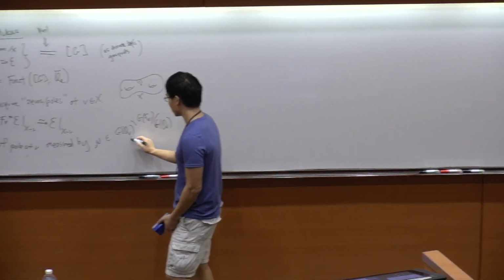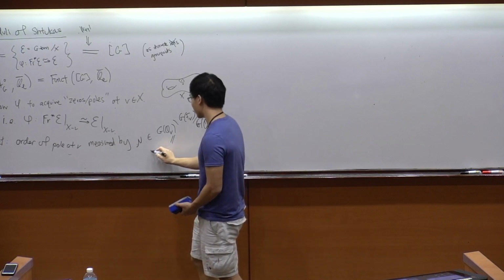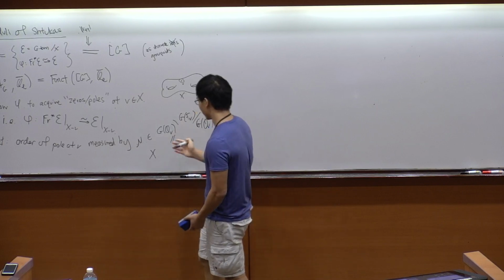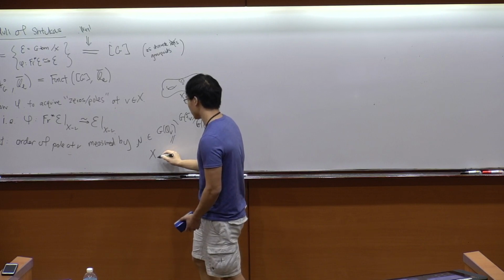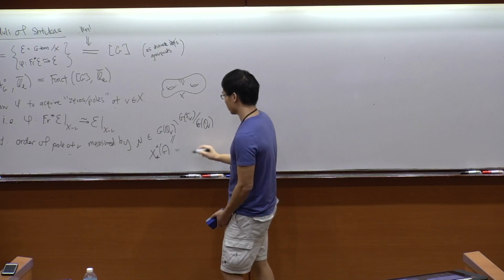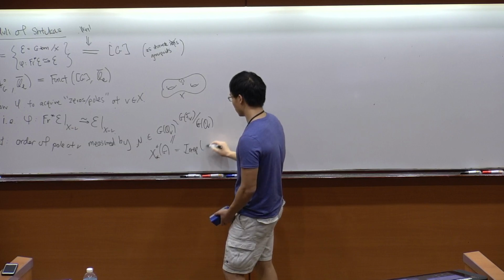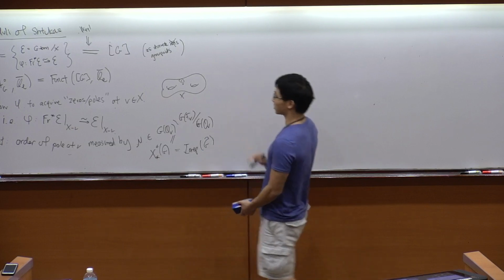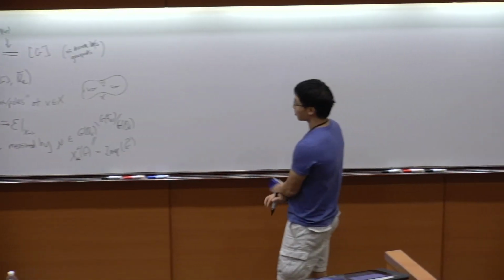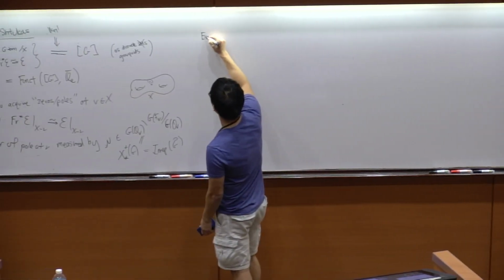And I recognize this double coset set in a couple other ways. This is, by the Cartan decomposition, the same as the set of dominant co-characters of G, which is the same as the set of irreducible representations of G hat. I'm assuming G is split. So anyway, the upshot is that, oh, maybe I'll give an example first.